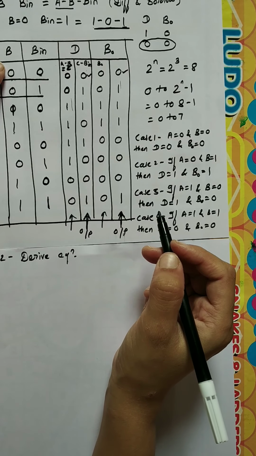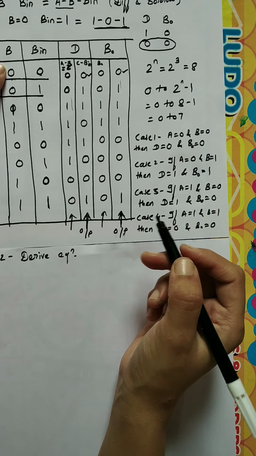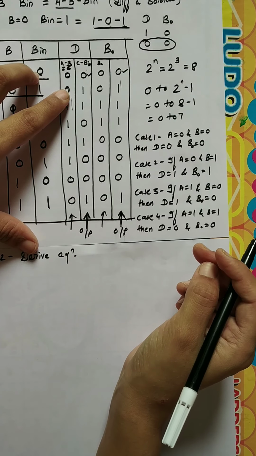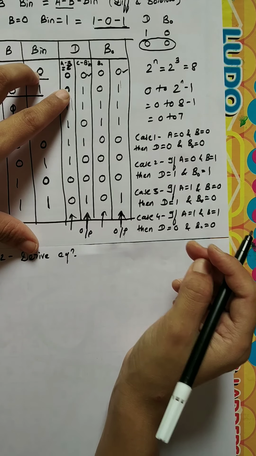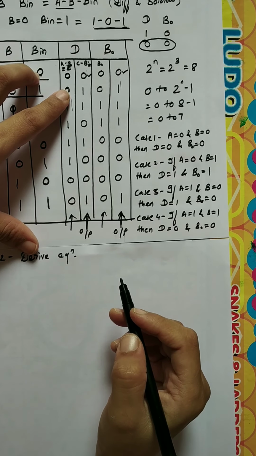So for this what can I do? I can derive the equation in the SOP form or POS form, right? So how to derive the equation in SOP form, right? Generally I'm using SOP form to derive the equation, right? So just for deriving the equation in the SOP form you can use any of the techniques, that may be your algebraic method or your K-map method, right?